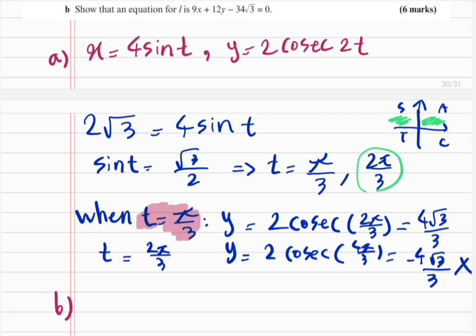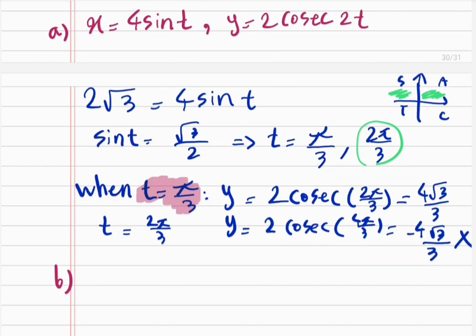In order to find the equation of the normal, we first find the derivatives of x and y with respect to t, and then divide to get the gradient of the tangent, then the gradient of the normal, and finally the equation of the normal. So dx/dt is equal to, sine t differentiates to cos t, so it's just 4 cos t, and dy/dt is equal to